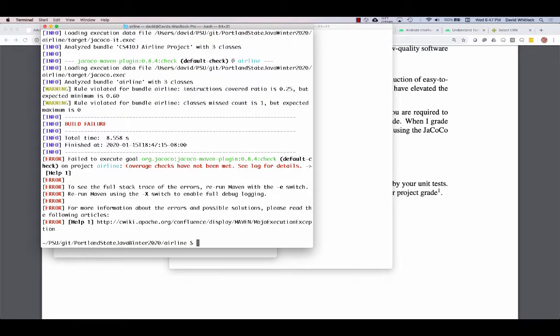Yes, this one failed. Okay. Right. So it issued a warning saying, hey, listen, it expects the minimum ratio, so the minimum amount of code which is exercised by your unit tests is 60%. So 60% of your code ought to be exercised. The current unit tests only exercise 25%. So